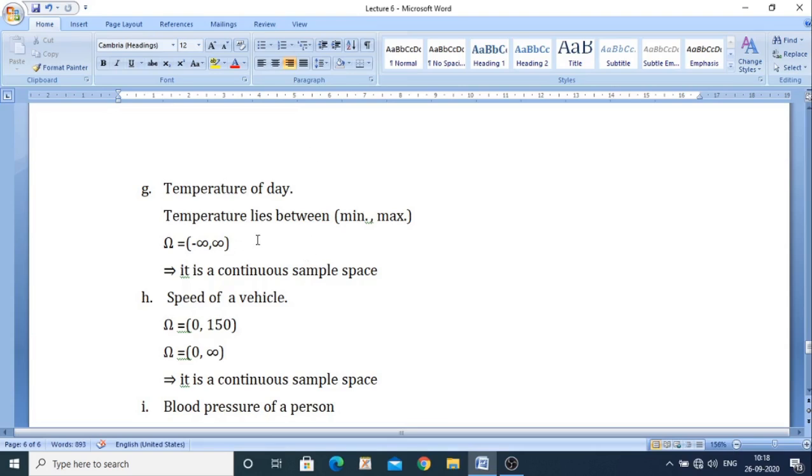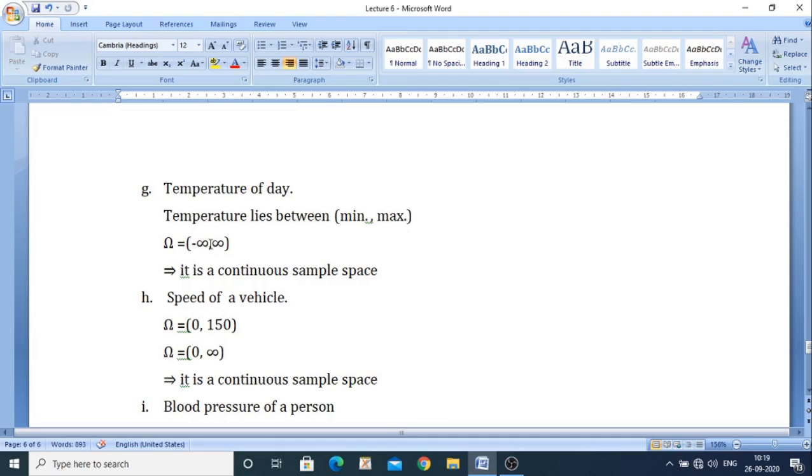It does not mean that for the whole 12 hours the temperature is 34 degrees Celsius. It may happen that during the day it goes down to 10 and it may go up to 40 also. So the temperature is recorded over the whole 12 hours, and the average is suppose 34. But that does not mean it will be constantly 34 from the first minute to the last minute. It is the average temperature, but the temperature always varies from minimum to maximum.